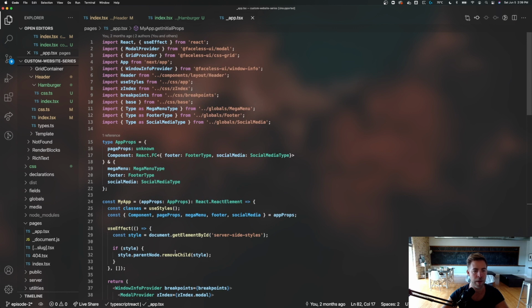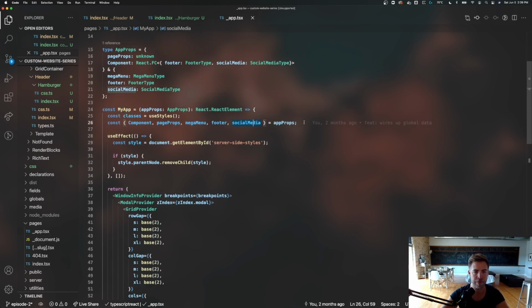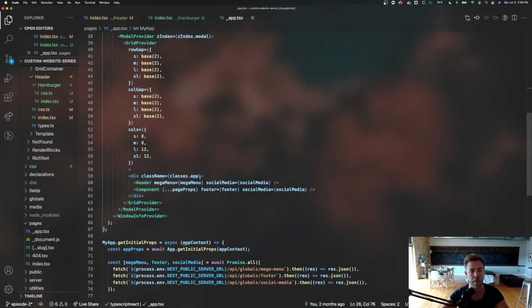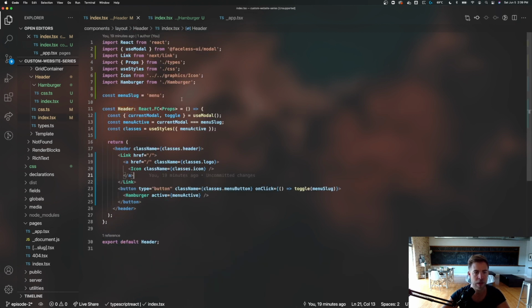And if I scroll up to our app, I've got them from app props, which comes in as the NextJS props argument for your app component. And what we're going to do is thread them through to the header. So the header is receiving the mega menu and it's receiving the social media because that's where it's going to need to be rendered. So going into the header, you can see,